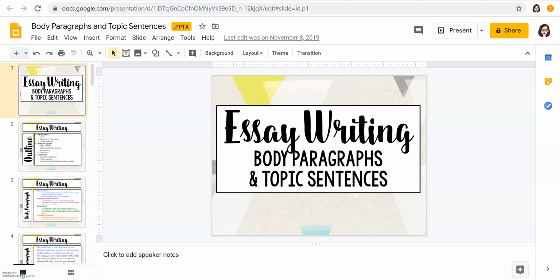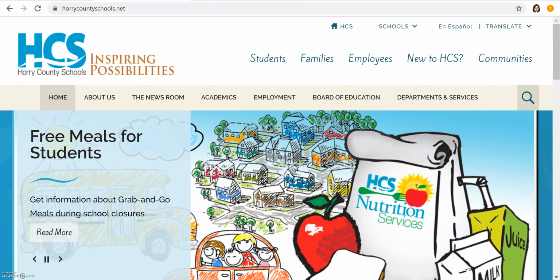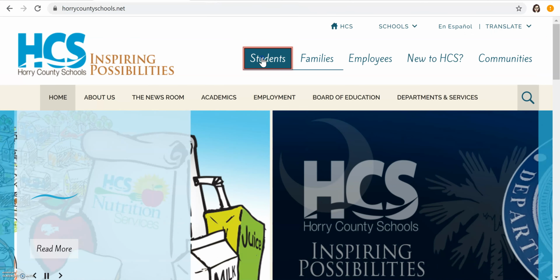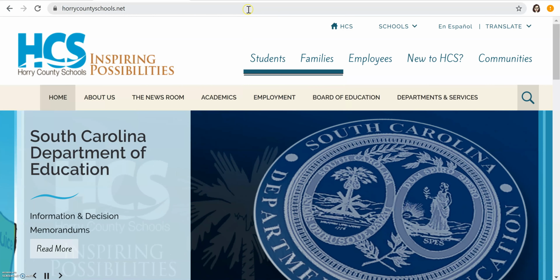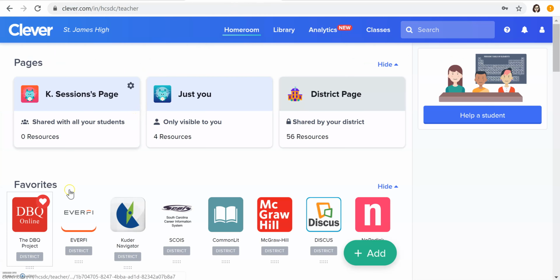When you go to the Horry County Schools webpage and go from your student learning commons to the Clever homepage, remember you log in with your Active Directory. If you're still having trouble with this, just let me know and I'll send you a link. But usually if you clear your browser, it makes it a lot easier. Restart your computer. It doesn't like extra stuff in your history.